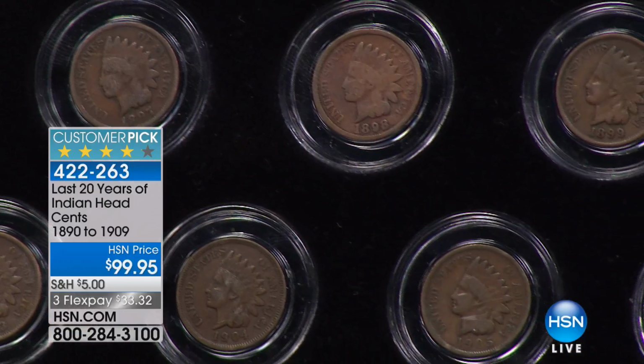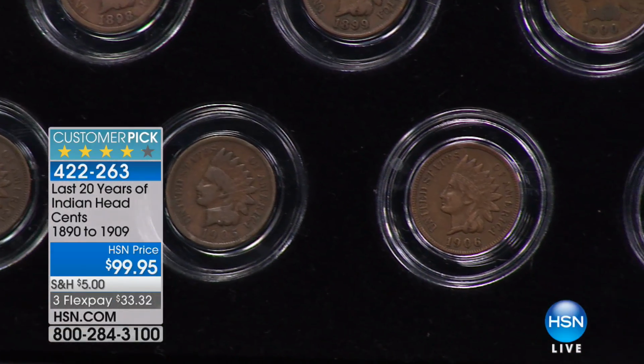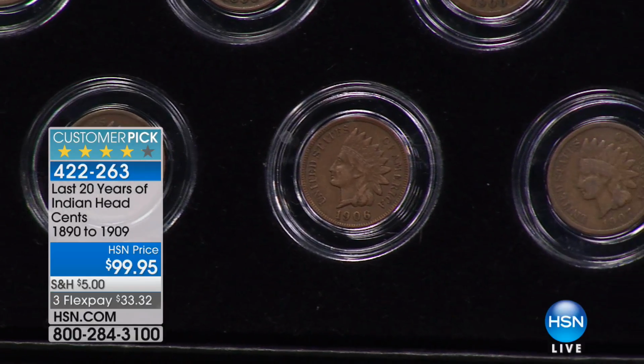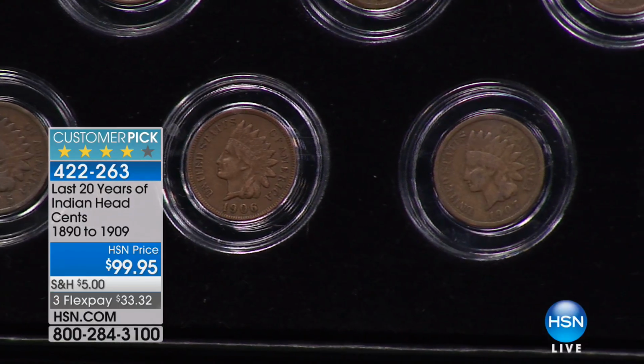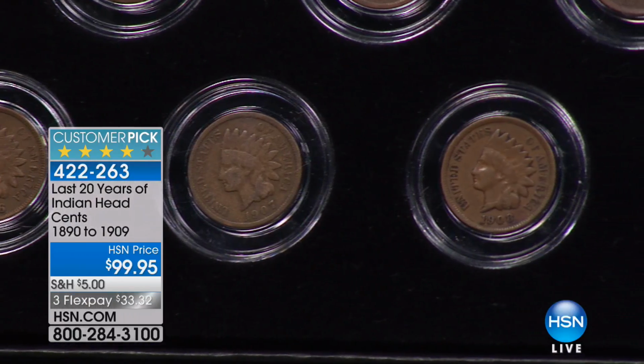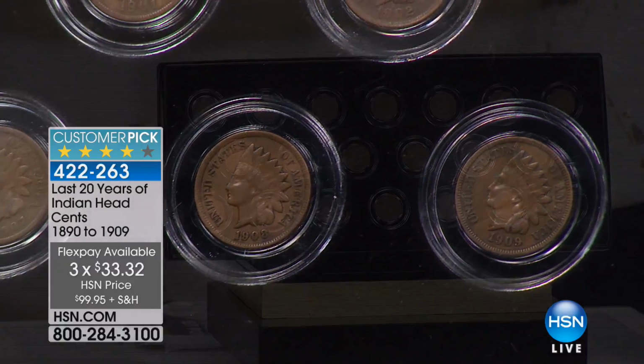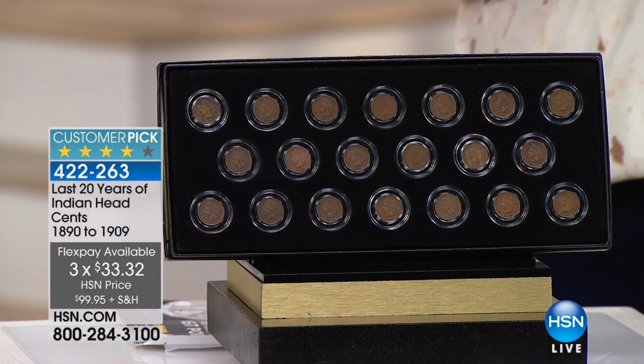We just sold 20 more of these. I know, they're always popular. We sold 132 of them already. We cannot keep them in stock. Oh my goodness. So these are your Indian head cents from 1890 to 1909 at $99.95. Read the reviews. These are a customer pick on hsn.com. If you want to own 19th century copper, this is the way to do it